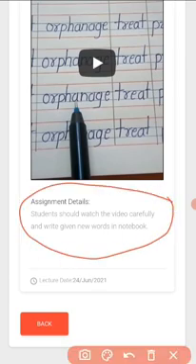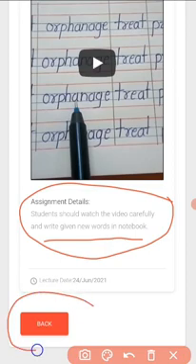Before going to the video, you have to read this assignment detail carefully. Here it is given that students should watch the video carefully and write the given new words in the notebook. That means you have to make your child watch this video carefully and write these new words in his or her notebook.